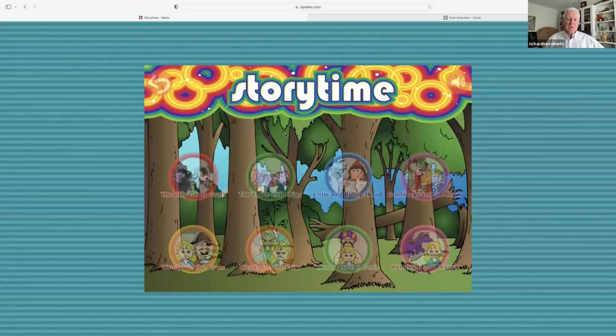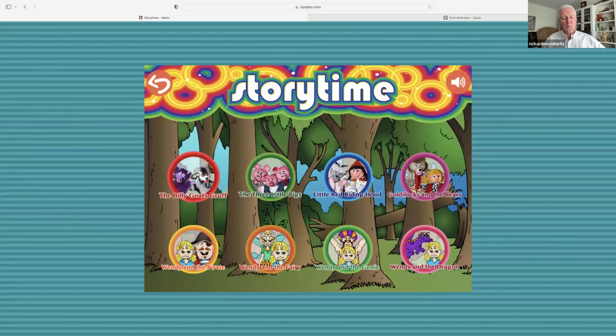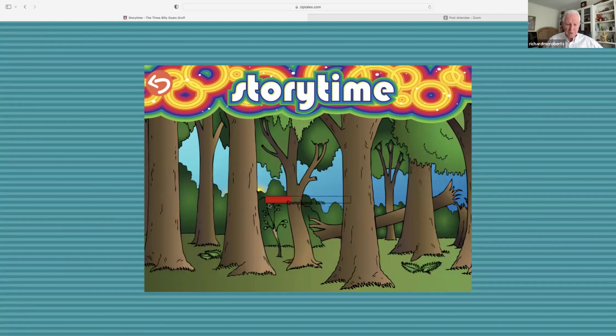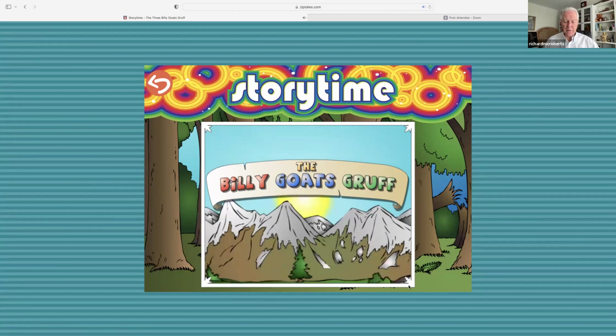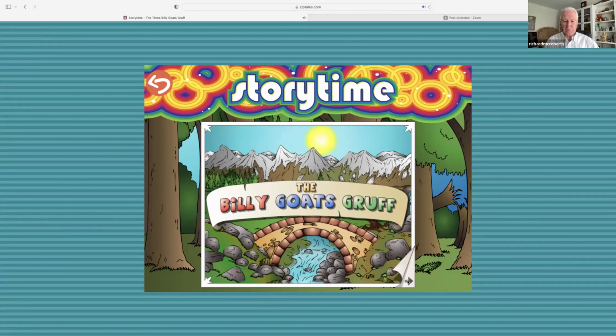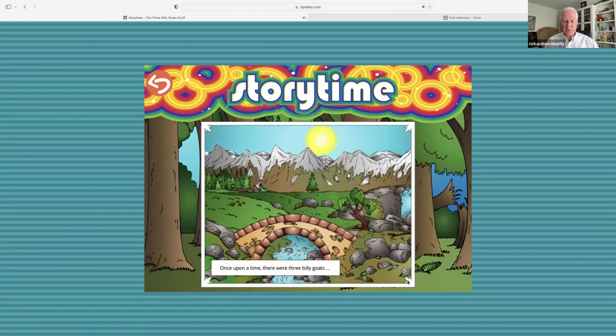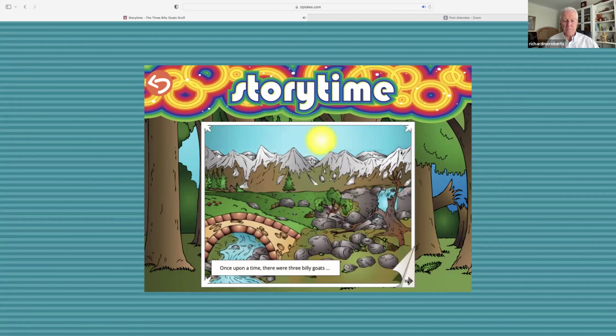Story Time consists of 8 stories, retellings of famous fairy tales, Billy Goat Gruff, Three Little Pigs, etc., using puppets, tiny little puppets. The real puppets which we filmed were about this high. So effectively what you're looking at there, I'll just look at Billy Goat Gruff, in the reduced screen. You can expand this, of course, to take the